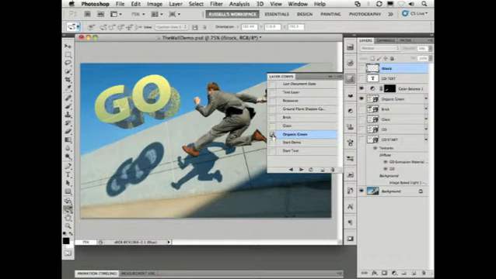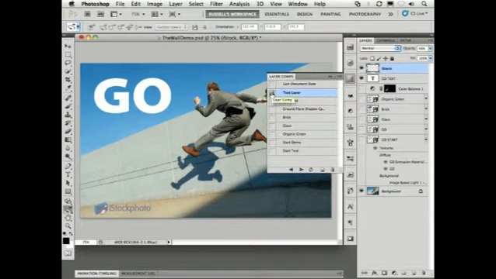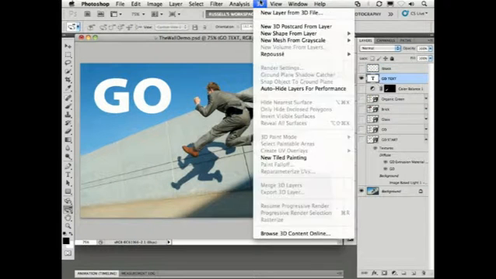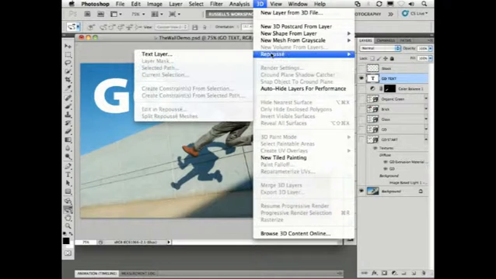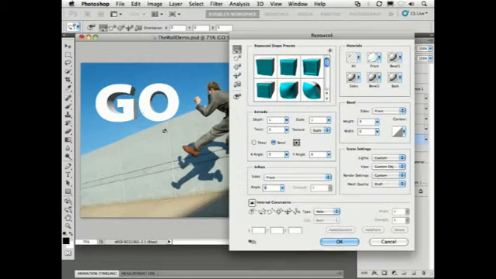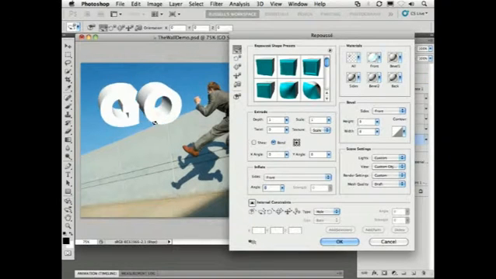Okay, just exactly how do you do this? Well, let's start from the beginning back here with my text layer right here. Let's go through this step by step. First of all, I'm going to target my layer, then go to my 3D menu and down to Repoussé and over to Text Layer, one of the selections I can make. As you can see here, it's now changed my text into a 3D object that I can move just like